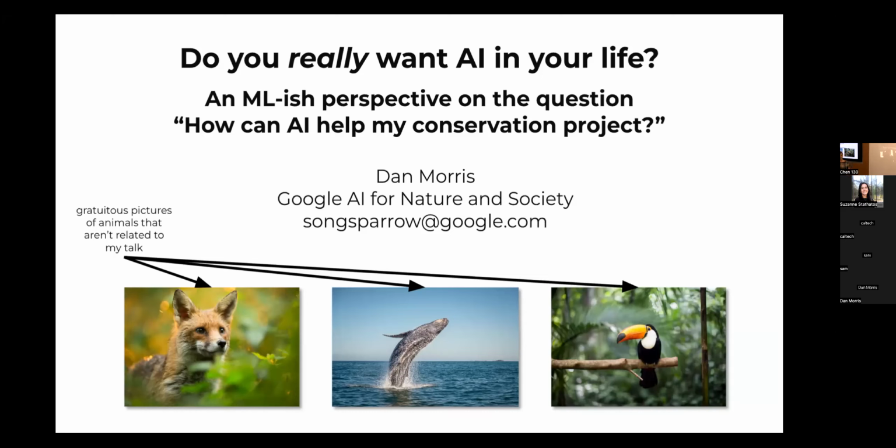So essentially, Dan Morris was one of the early people that I worked with in this space. I was his first ecology flavored intern at Microsoft, and now we actually work together on different projects at Google. Dan has been an amazing champion and leader in this space for many years now, probably close to 6 or 7 years. And he's also been a really steadfast wildlife lover for a long time. He's going to be giving a machine learning flavored perspective on the question, how can AI help my conservation project? And I'm really grateful, Dan, for you to take the time.